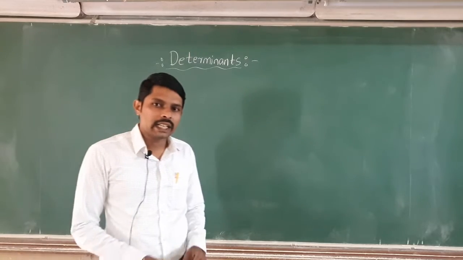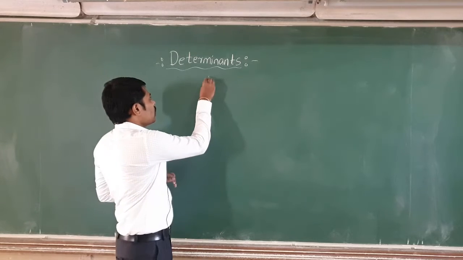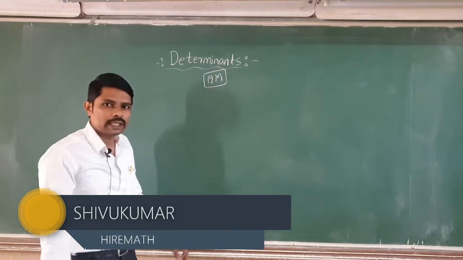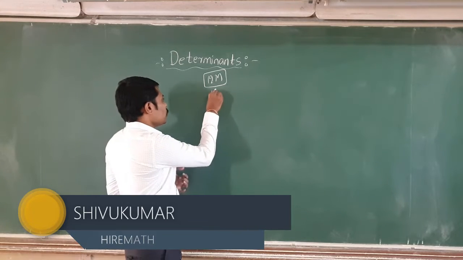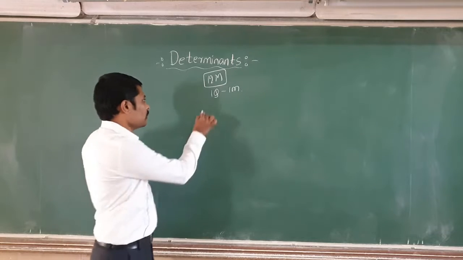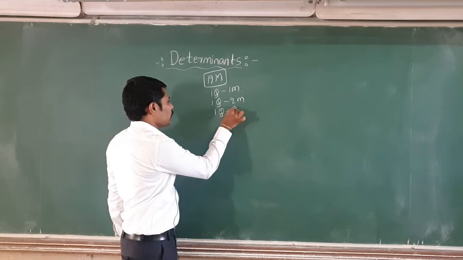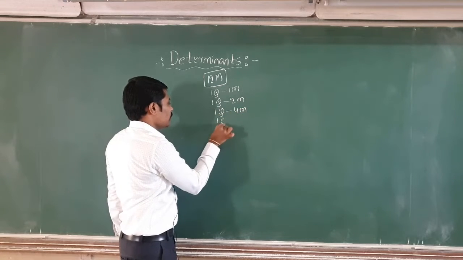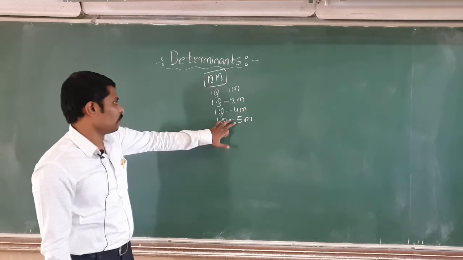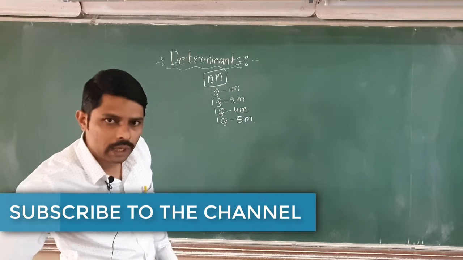Next topic is determinants. You can see here, dear students, you will get a total of 12 marks for your annual exam from this determinant topic. You will get one question for 1 mark, one question for 2 marks, one question for 4 marks, and another question for 5 marks. Total 5 plus 4 is 9, 10, 12. Total 12 marks you will get for your annual exam.